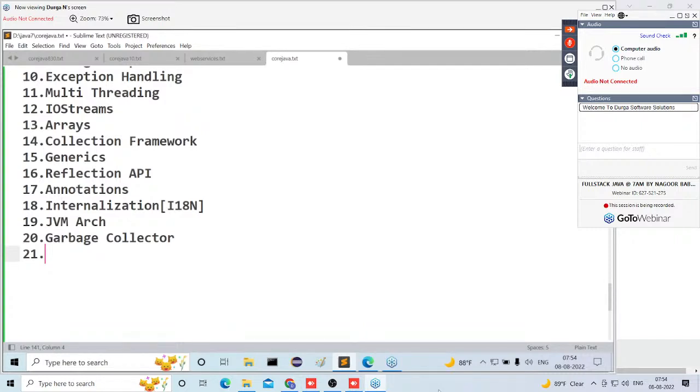Observe carefully. One simple example I'm telling you now. For example, GHMC, Greater Hyderabad Municipal Corporation. Two cases I'm telling. Case number one: the Hyderabad Municipal Corporation is asking every citizen of Hyderabad that if we create garbage or some wastage at your home, you should take the responsibility to move that garbage outside of the city.